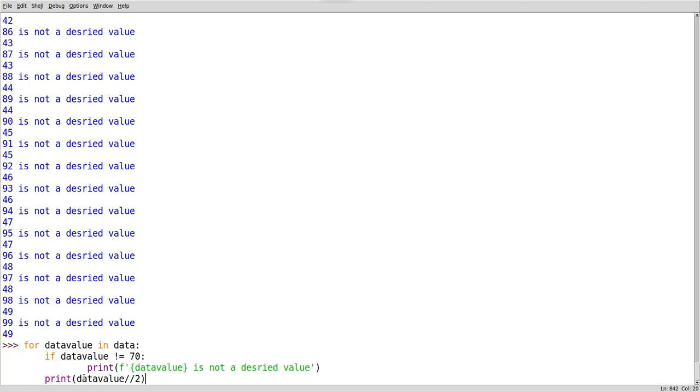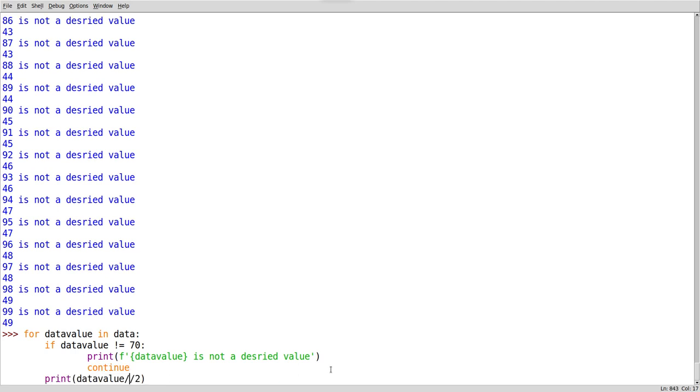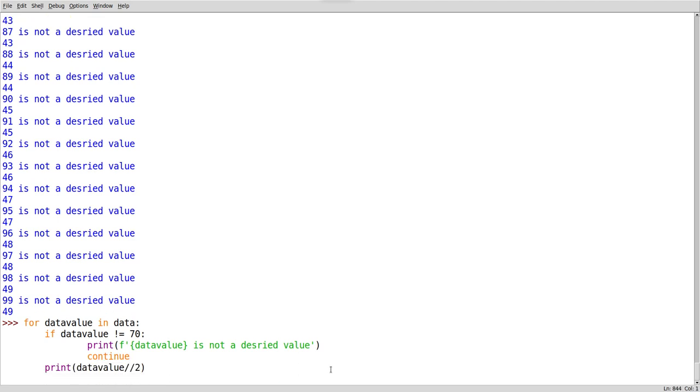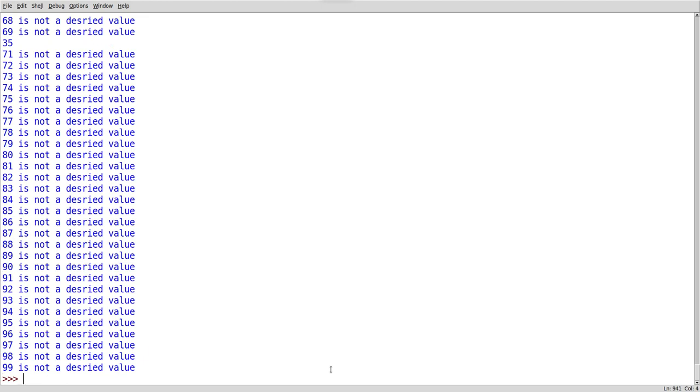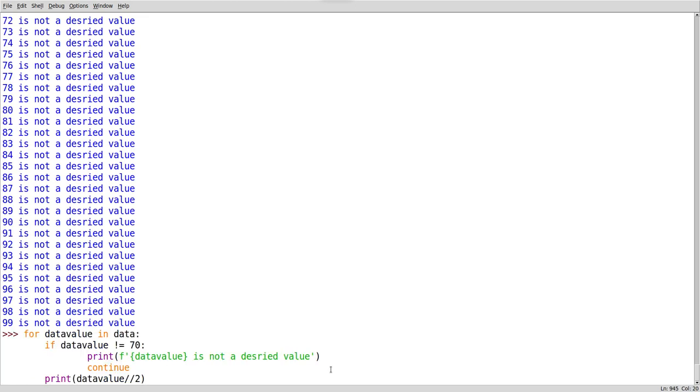So how will I fix this one? What can I do here? I will say here continue. Now see what happens. If not equal to 70, continue.